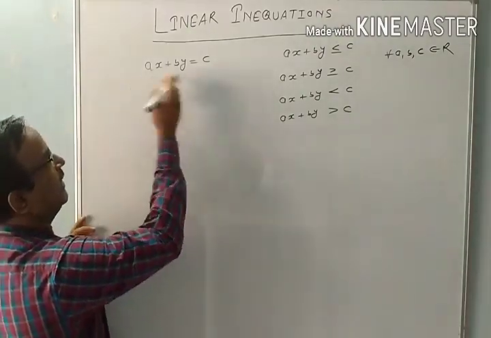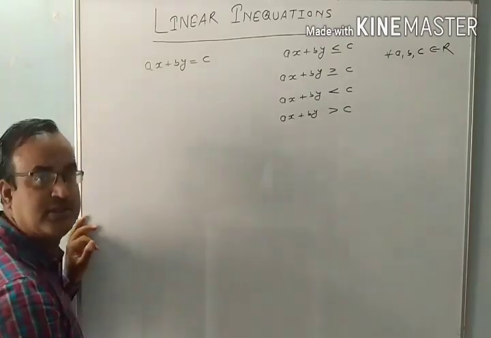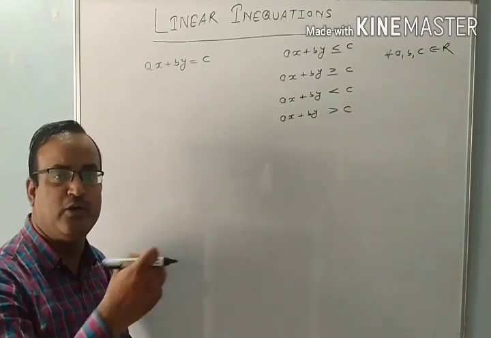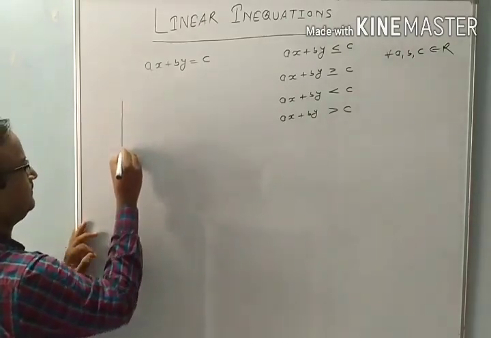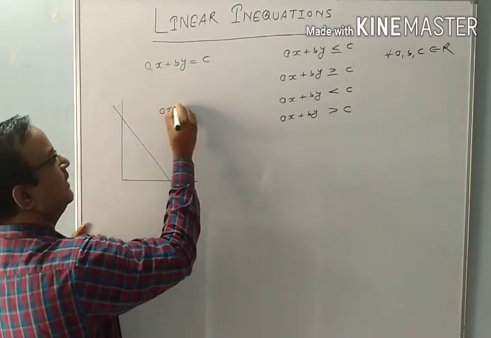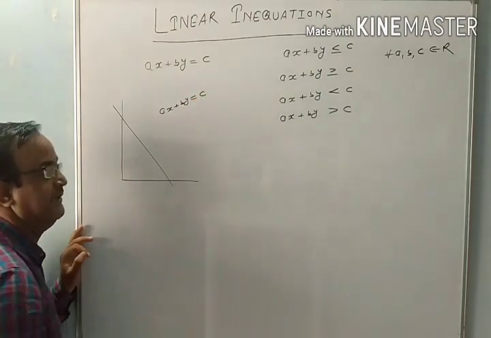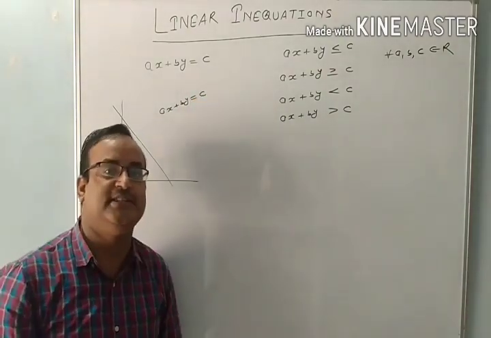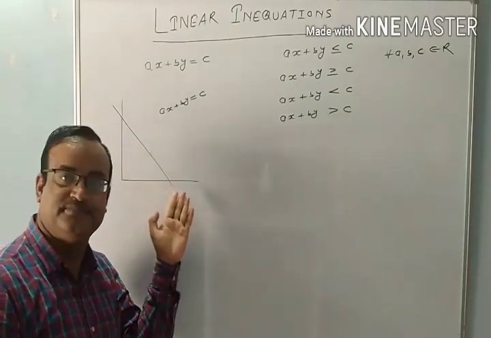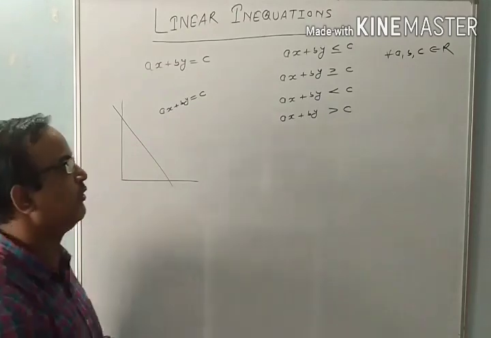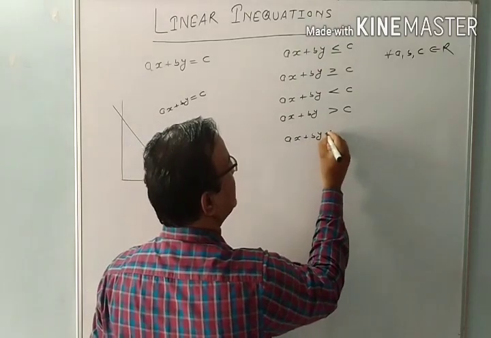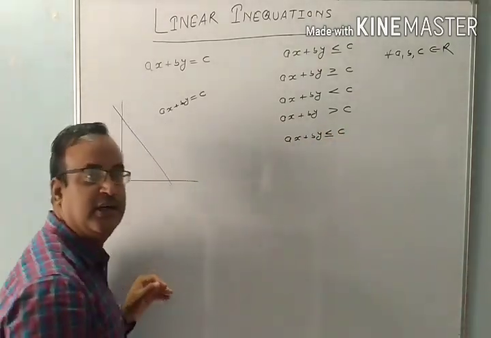Here, when we find the solutions which satisfy the given linear equation, we generally draw a line. Suppose we draw a line. Suppose this is ax plus by is equal to c. This is a line. So all the values of x and y which satisfy the given linear equation will be on the line. Okay? But in case of linear inequations, if we have ax plus by is less than or equal to c,